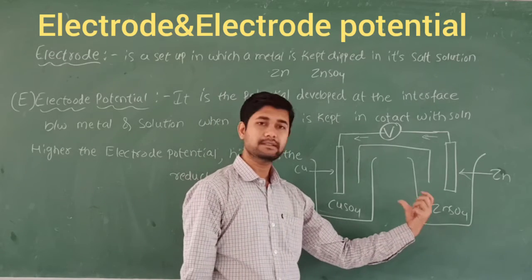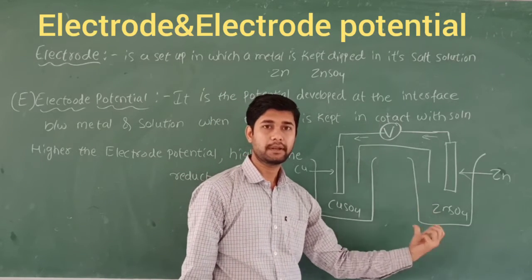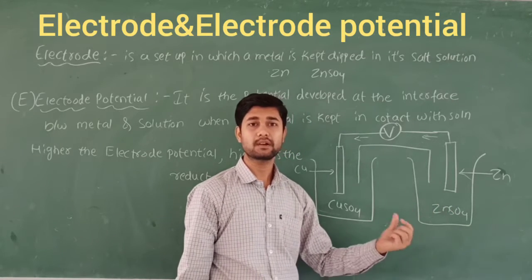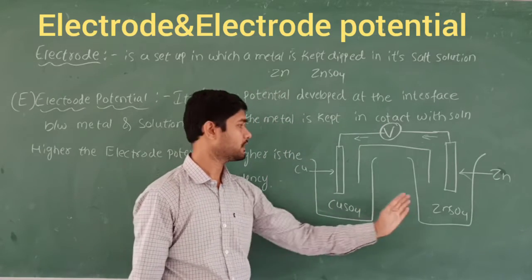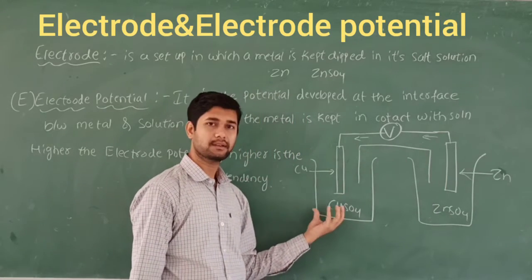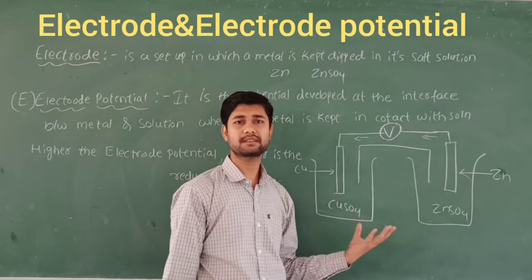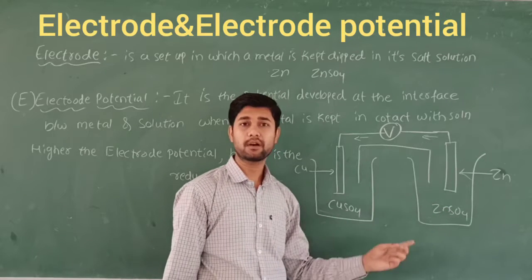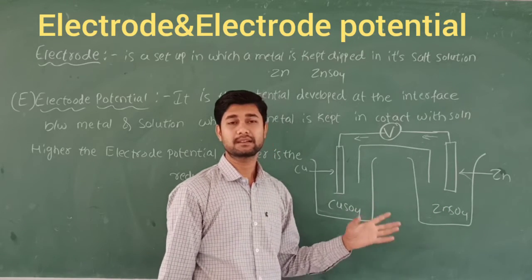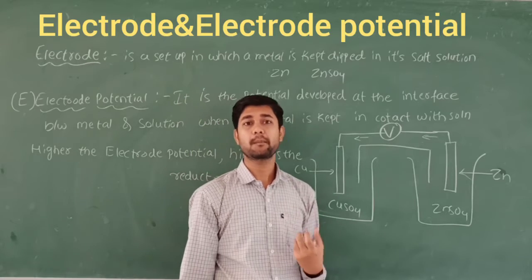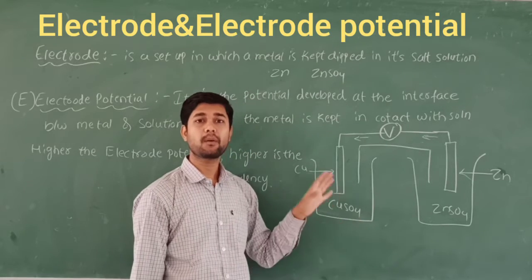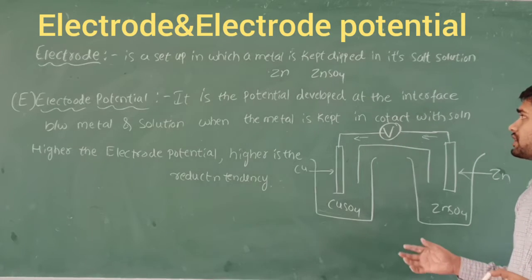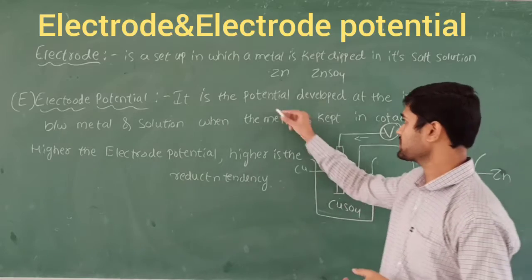Whenever a metal is dipped in its own solution, in contact with its own ions, it has a natural tendency to lose or gain electrons. Here it is going to lose, and here it is going to gain, because of this natural tendency. Why is this a natural tendency? Because when metal is dipped in its solution, because of this natural tendency, the electrode obtains a potential, which is called electrode potential. Let's take the definition. Electrode potential is nothing but the potential developed. I told you how the potential is going to be developed here.